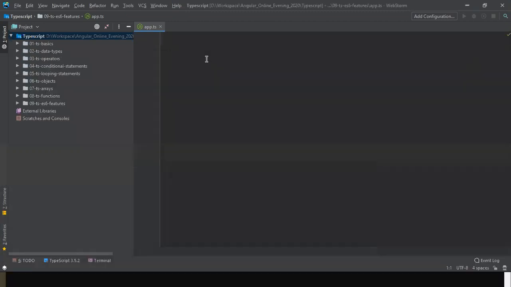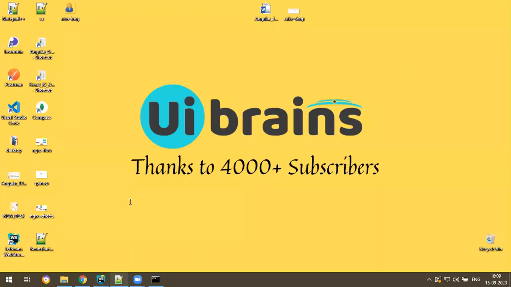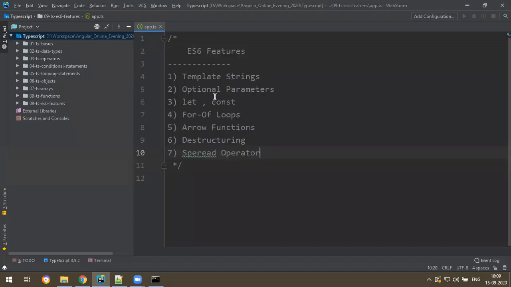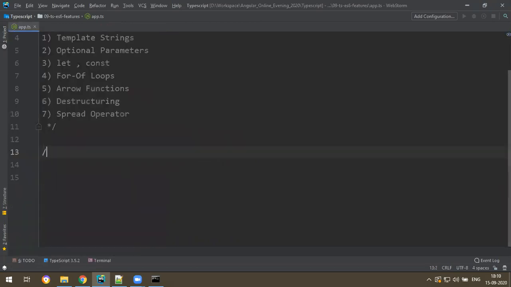First let's start with ES6 features. First of all, we'll start with template string.